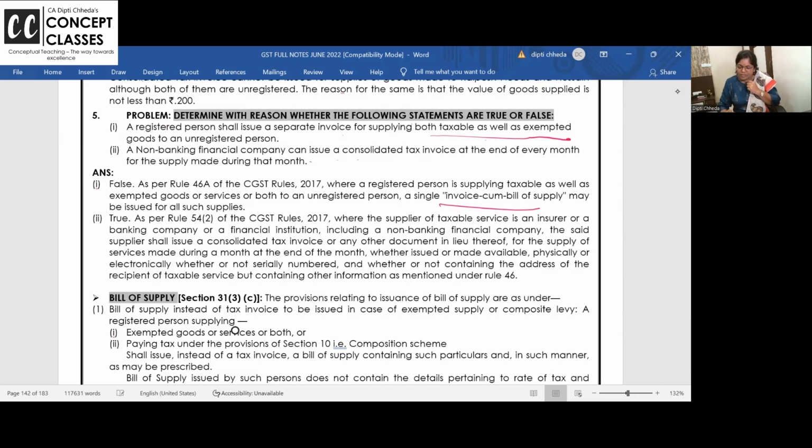NBFC can issue consolidated tax invoice at the end of every month. Yes, anyone can do it. When a supplier provides taxable services to a banking company, the said supplier can issue a tax invoice for the supplies made at the end of the month, whether issued or not, whether serially numbered or not, whether containing...